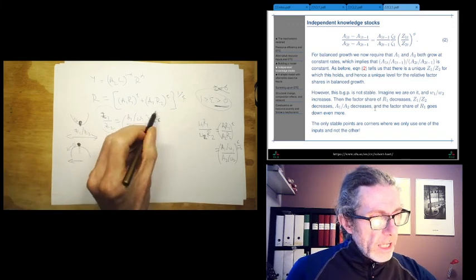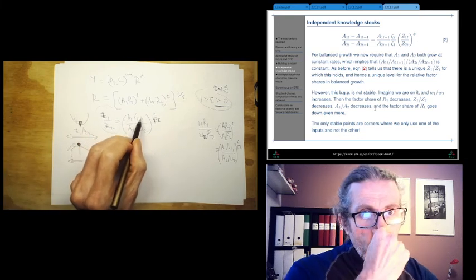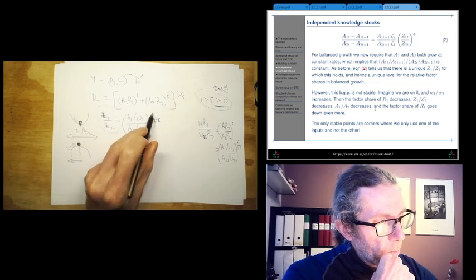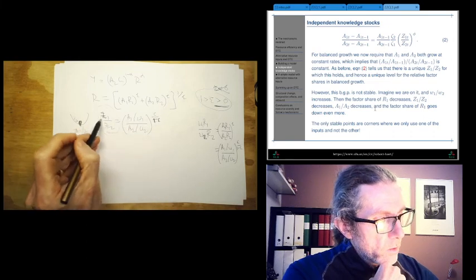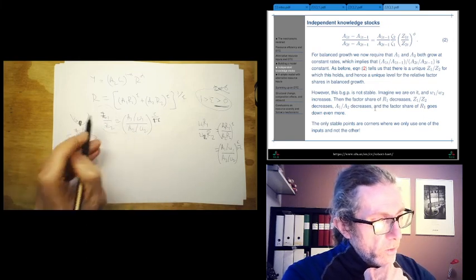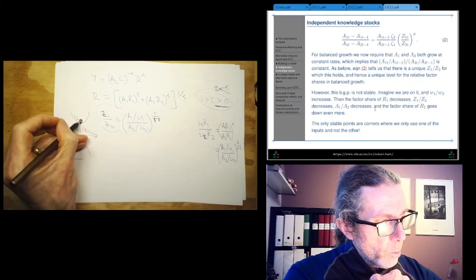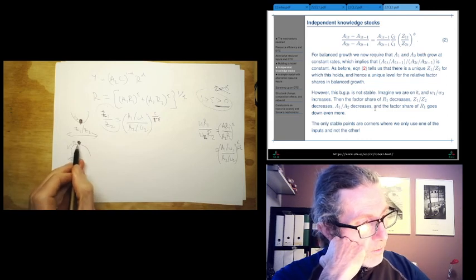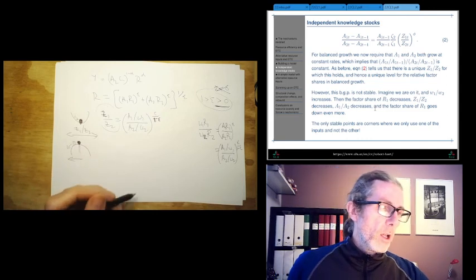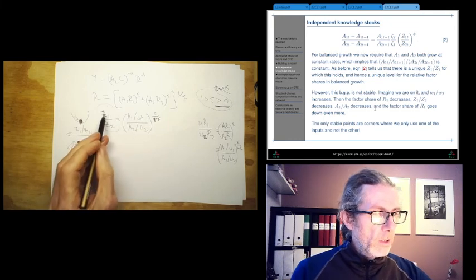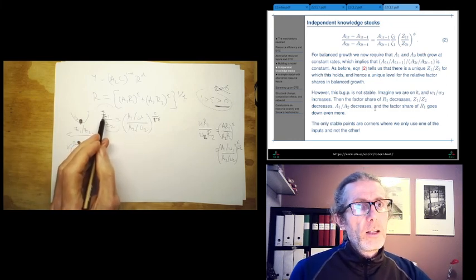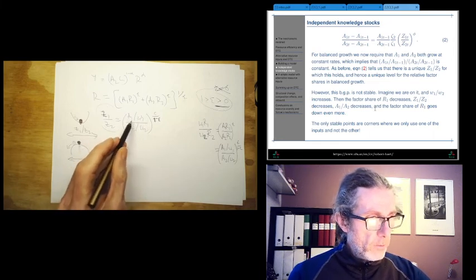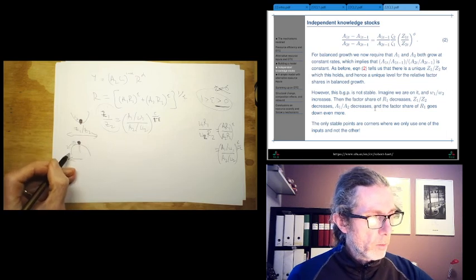Instead, when this is negative, if W1 goes up, then this goes down, this is negative, so this goes up, Z1 goes up, and that tends to compensate and take us back towards the stable point. When this is positive, instead, you get this runaway effect, right? That one input gets more expensive, let's not bother investing in that input. So effectively the input gets even more expensive per effective unit of the input, and so on. And we end up only using input